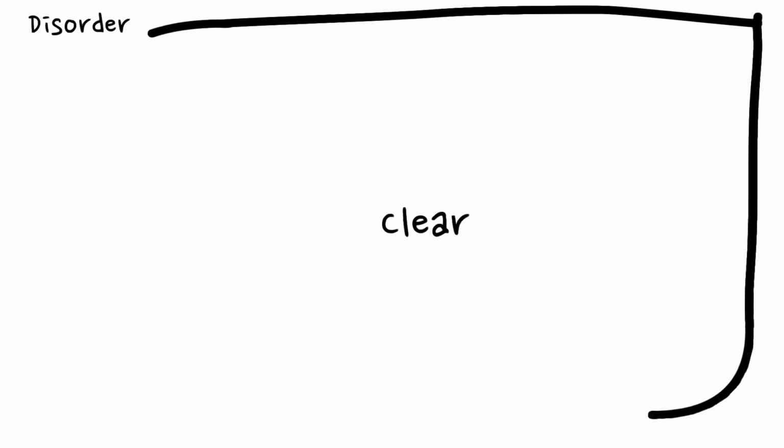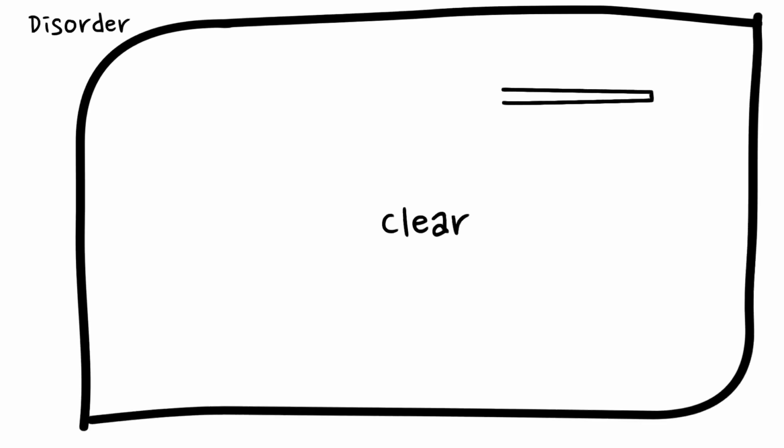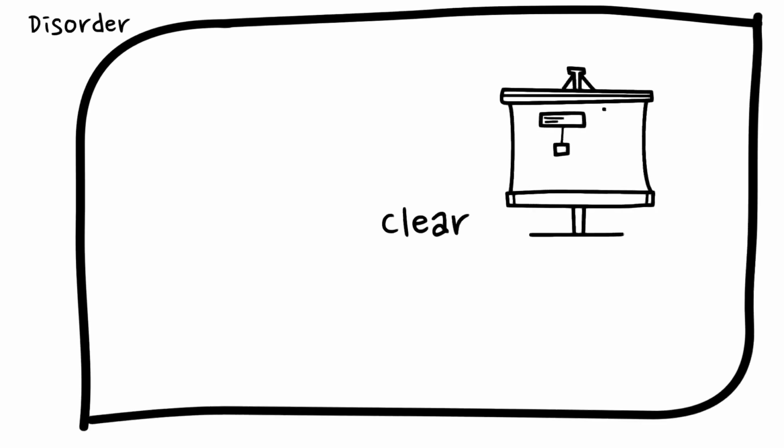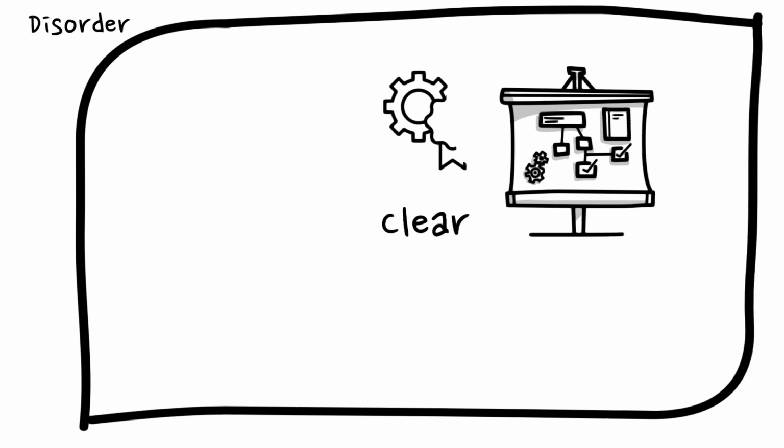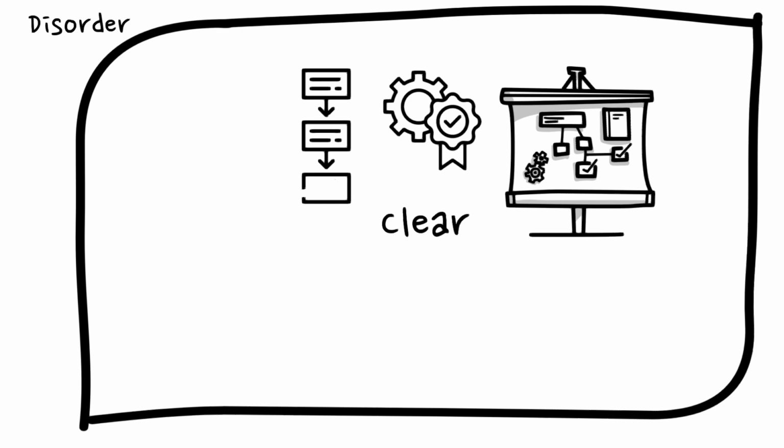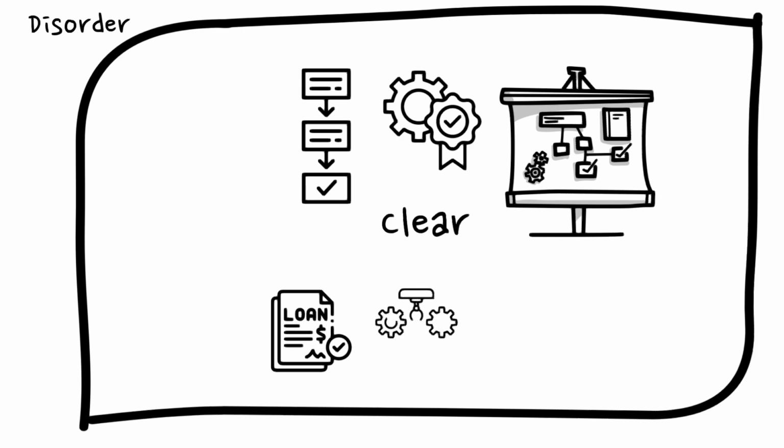Clear problems. The clear domain refers to problems that have known solutions. We can respond to these problems with previous best practice, where the cause and effect relationships are obvious. Clear problems are generally heavily process-driven. The process is clear, measurable, and therefore relatively simple to manage. Examples of these clear problems could be getting a personal loan, manufacturing a common item on a production line, or